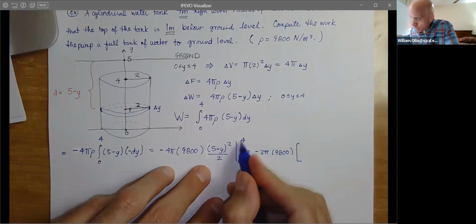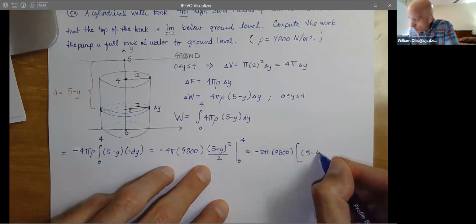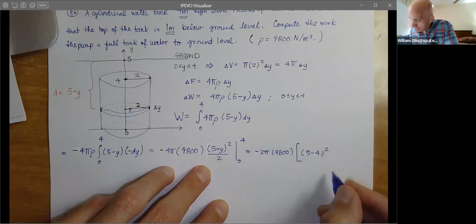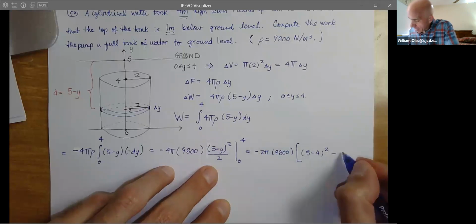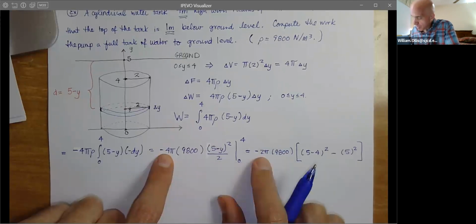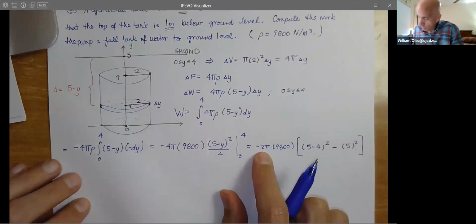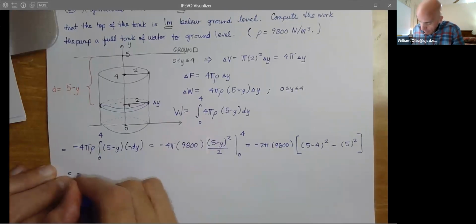And then we'll substitute 4. So this will be a 5 minus a 4 quantity squared, minus, and now substitute the 0, and this will give us a 5 squared. Again, the 2 we absorbed here to give us the negative, okay? So we've taken care of the 2, we didn't forget it. So this will be a negative 2 pi